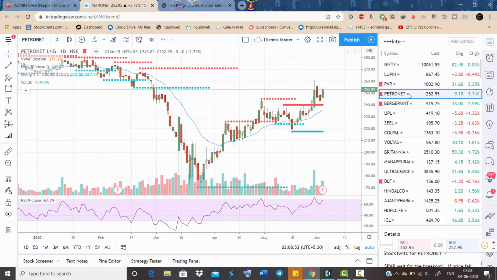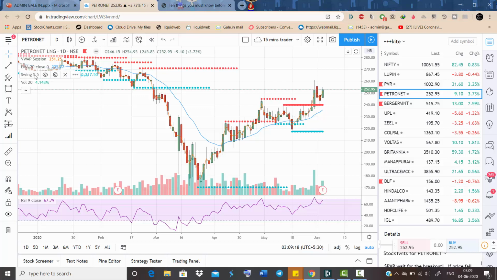So today we had placed trades on PVR and Petronet. This is the TradingView website, where it is browser charts. So it's the Petronet day chart, candlesticks. The indicators that I've used are VWAP, which is valid only for intraday, and EMA 20.